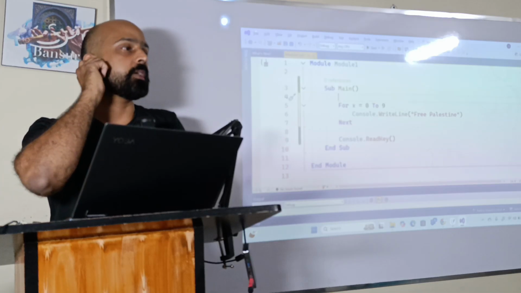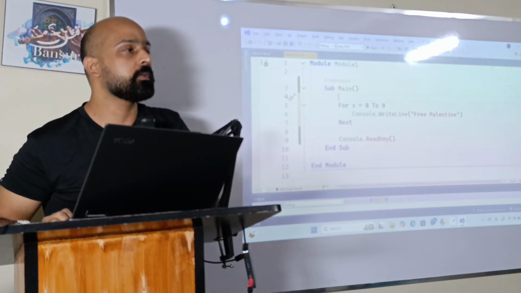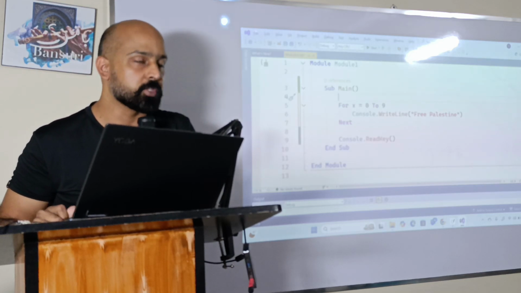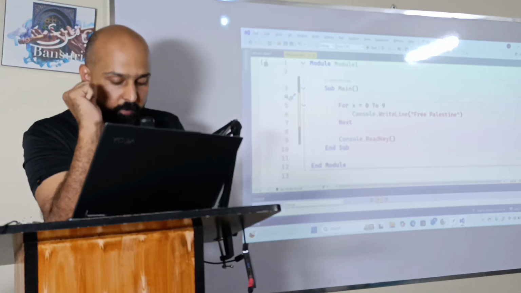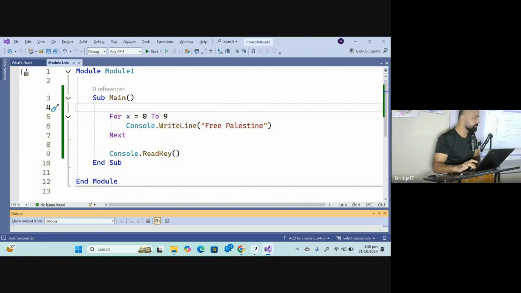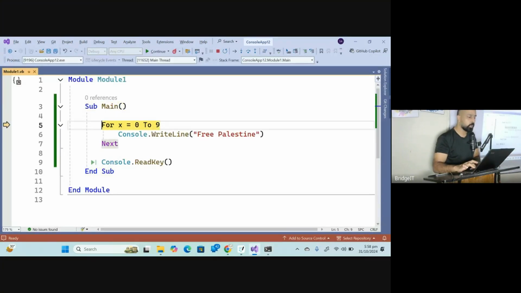This is the next thing which I really wanted to teach you when you will be using any programming language like VB.NET or PyCharm. And this is the thing that is going to make you programmers. This is running your program one line at a time. One line at a time.